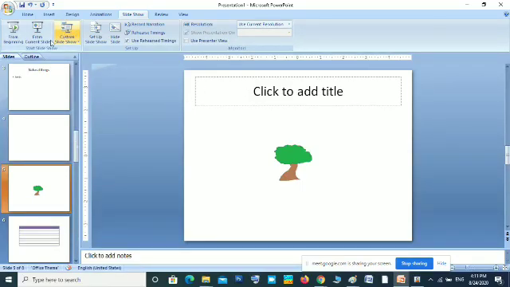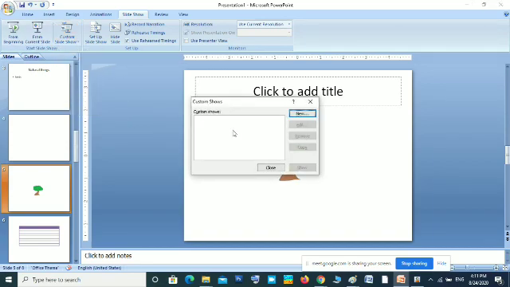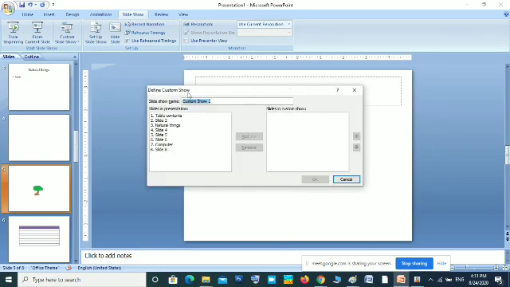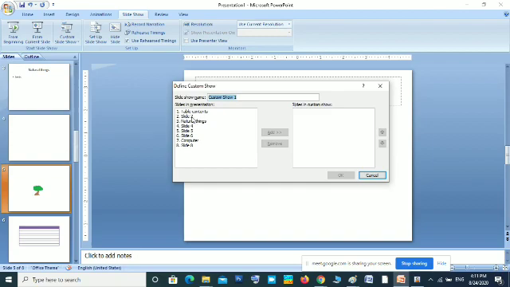Okay, now the custom slideshow. If you want to hide some slides while you are presenting, you can use this custom show. I am making a new custom show. Then which slides do you want to display? Okay, I want to display the second slide, so I am adding the second slide. After that I want to display only the 6th slide, so I select the 6th slide and add. Then after that only the 8th slide, then add. In this case, I want to display slide 2, slide 6, and slide 8.